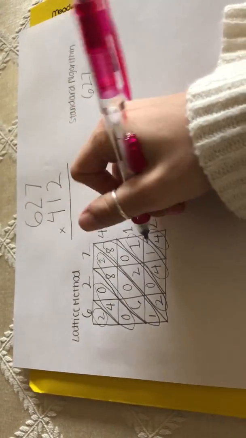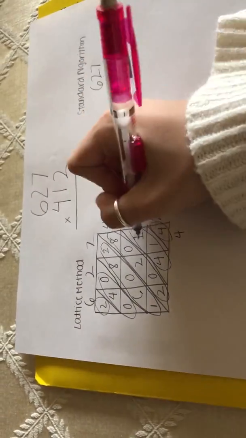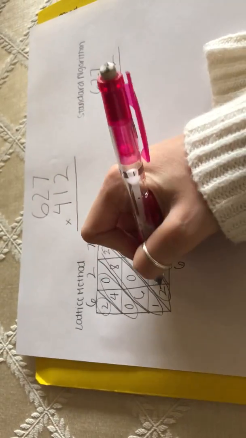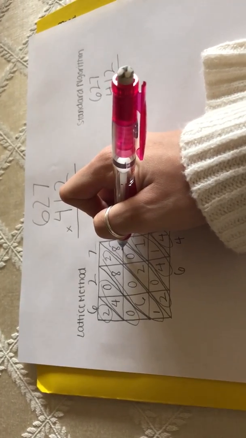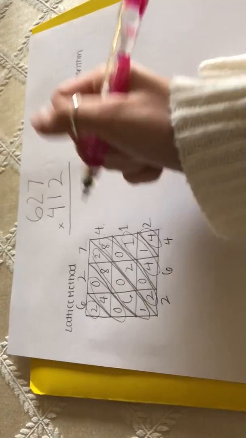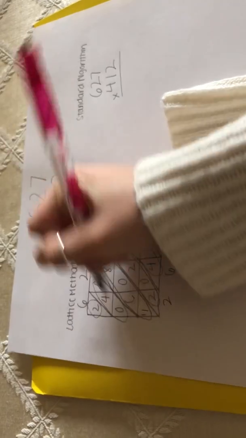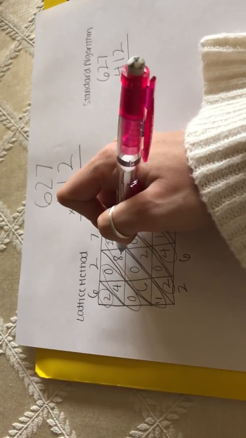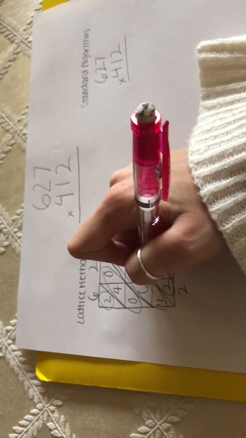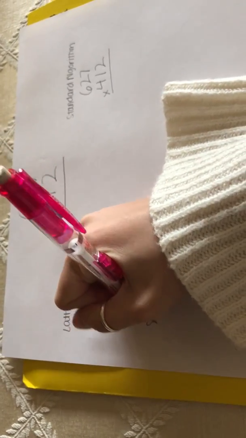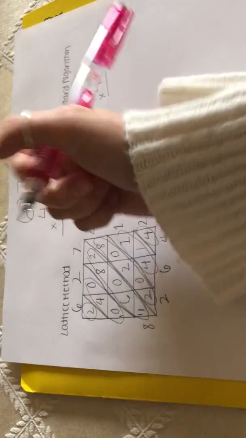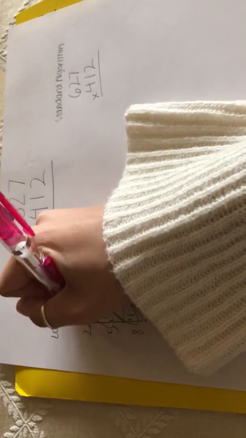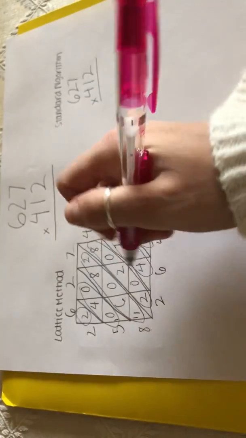So first I'm going to add here, and this would be 4. Then I add 4 plus 1 plus 1, which is 6. Then I add 2 plus 2 plus 8, which would be 12. And then I carry the 1 over to the next place value. So then I do 1 plus 1 plus 6 plus 8 plus 2, which is 10, plus 6 is 16, plus 2 is 18. Put the 8 here, carry over the 1, and then I get 5 from here, and then I have 2 here. So my answer is